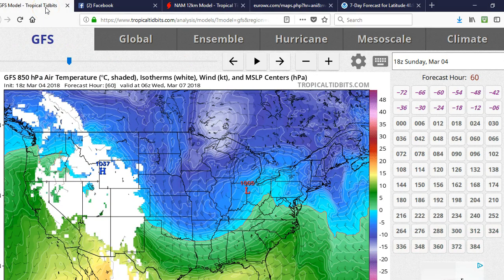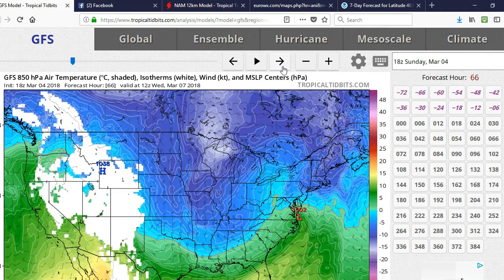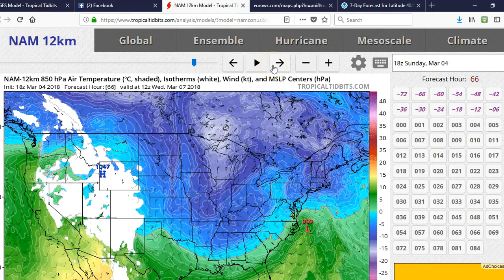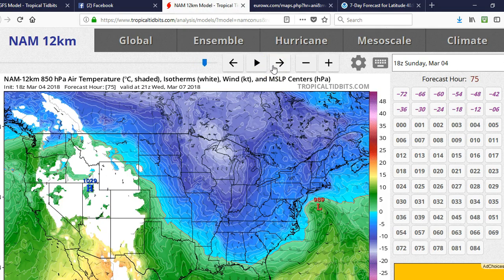Yeah, actually quite a bit further south. So before it reforms off the coast, the GFS tends to think that the surface low will be pulling up warm air more efficiently. Then it reforms off the coast, and all this warm air is still here. So now as we move ahead here in the NAM, and it reforms off the coast, the thing to notice